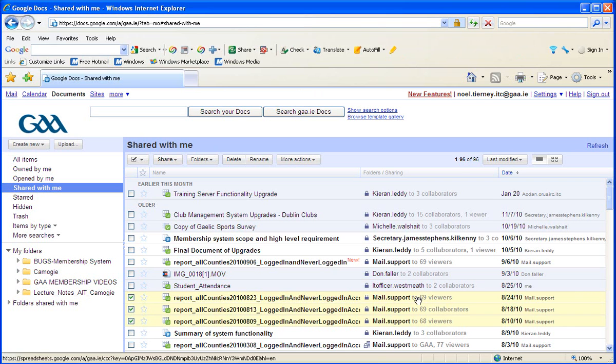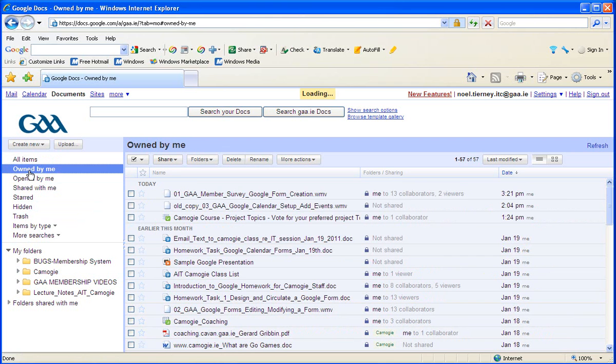Now what I might want to do with the files owned by me is tidy them up a small little bit. So I have files here that are movie oriented files and they're scattered all over the place. So I want to try and organize them in a more coherent manner. So in order to do that, under the GAA logo I can create a new folder. So I already have some folders, but I'm going to just create a new one here that'll deal with the Google